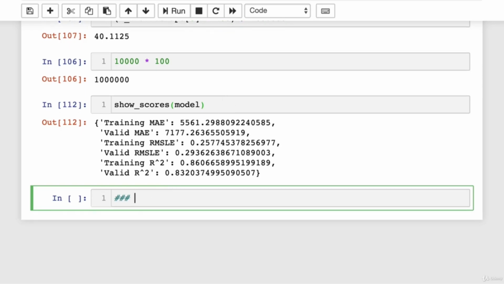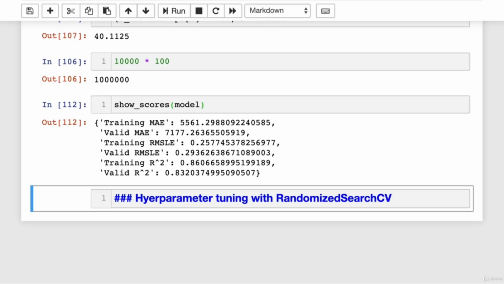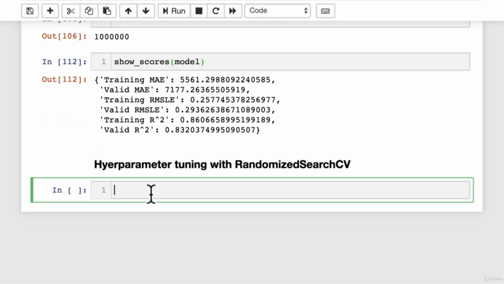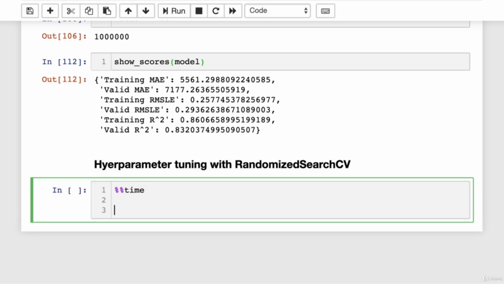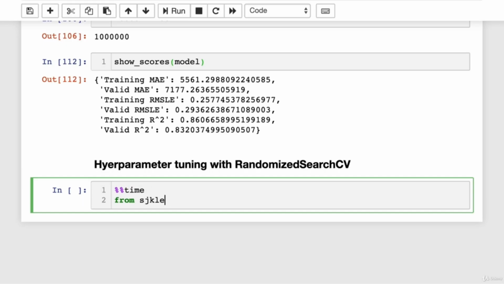And if you've had a think about it, you might have come across the idea of hyperparameter tuning with randomized search CV, something that we've looked at in a previous project and some other previous videos. So that's what we're going to have a look at. And if you're wondering what randomized search CV is, remember, we can always look up the docs, but maybe we'll just create a cell. Let's have a look at the code first. From Scikit-Learn, how would we import it? Model selection,